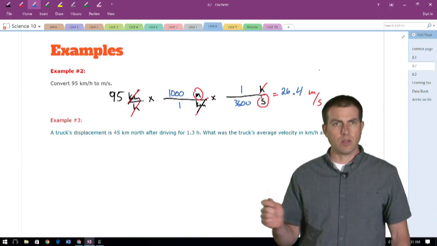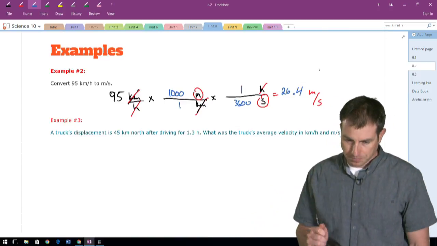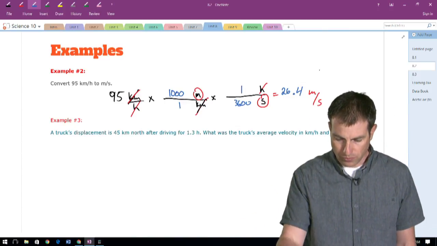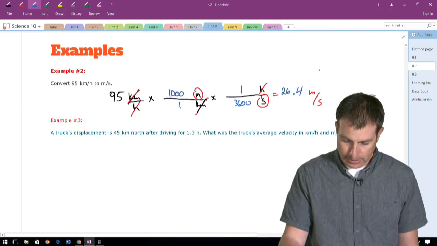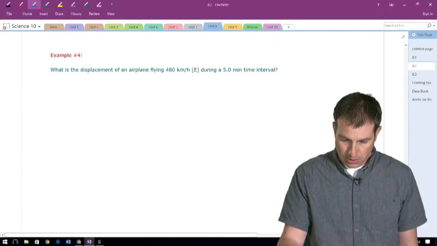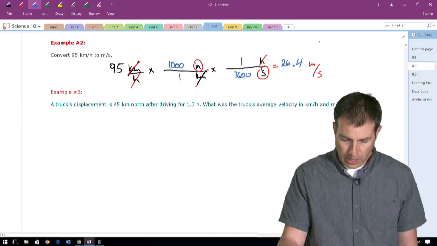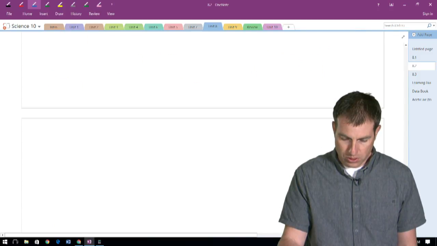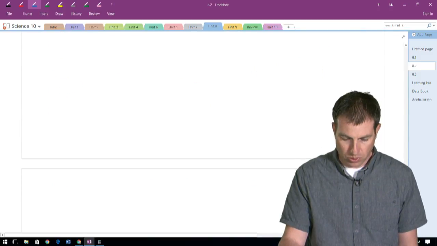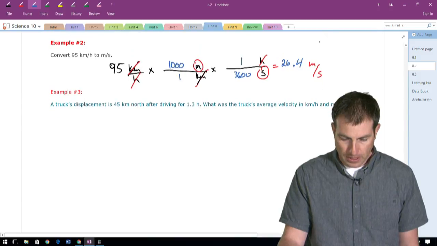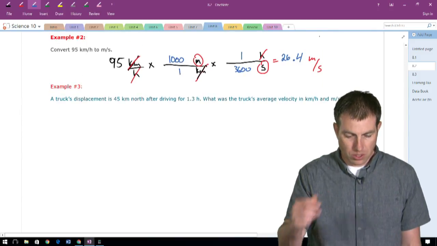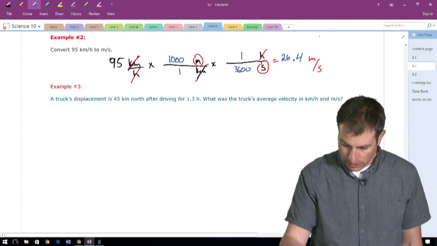Okay, so 95 kilometers per hour is 26.4 meters per second. We have 2 questions left here, and that's it for 8.2. I'll do this next one with you, and I think the last one,